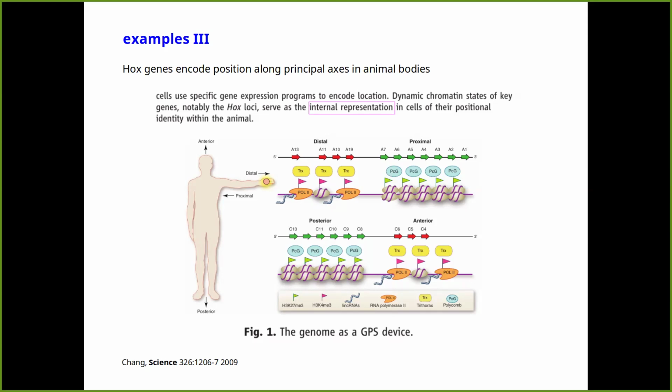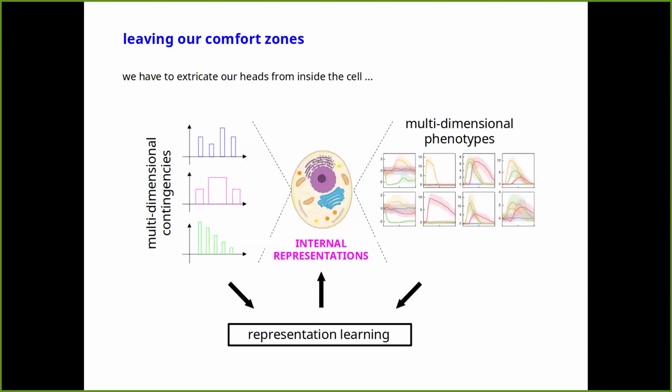So the point of all this is just to say, current biology has many examples of learning and internal representations. If we're going to take this idea forward, I think we have to do it in a much more systematic way, and that's one of the things we're hoping to do as part of this ERC Synergy grant that we're working on. And I think if I had to put my finger on what is different here to what people have been doing in all the cell biology and molecular biology that discovered all these things that I've just talked about, it's that we have to get our heads out from inside the cell, because people's attention has really been focused on the molecules.